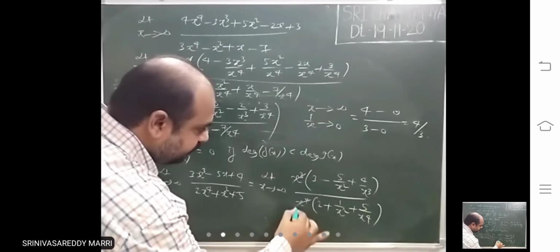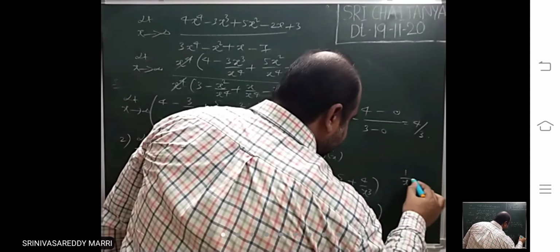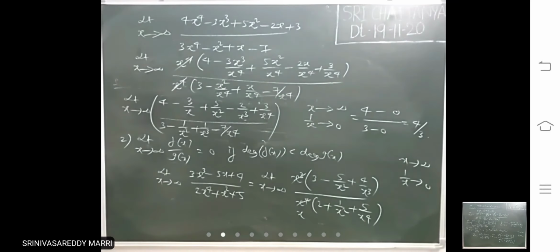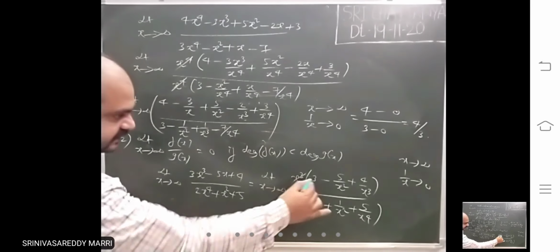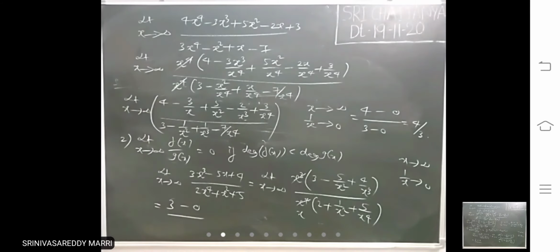So now x cube, x will be remaining. So if x tends to infinity, 1 by x tends to what? 0. So that means this is 3. All these terms are 0. Divided by this x is infinity, into 1, x power 1 is remaining, 2